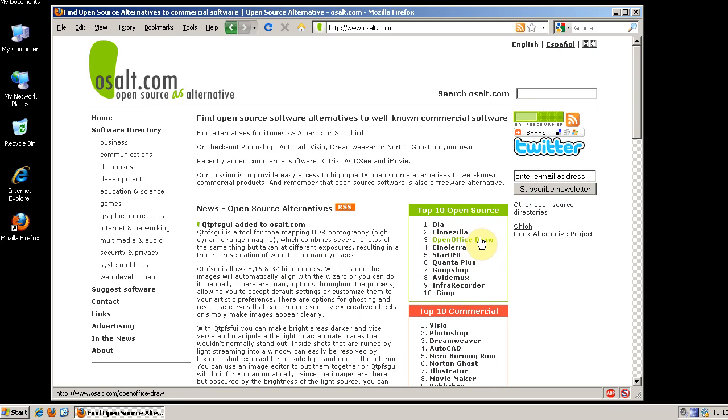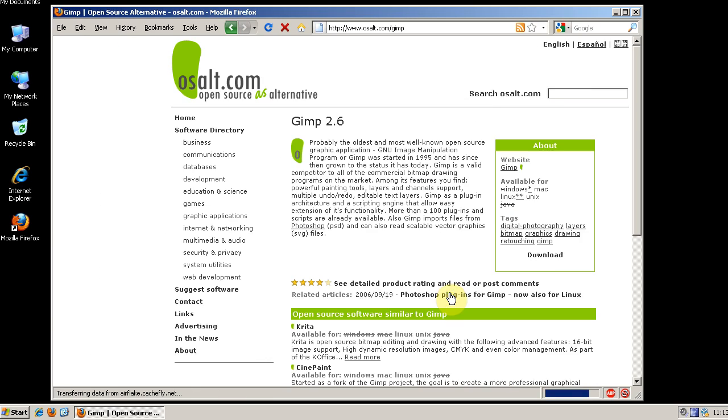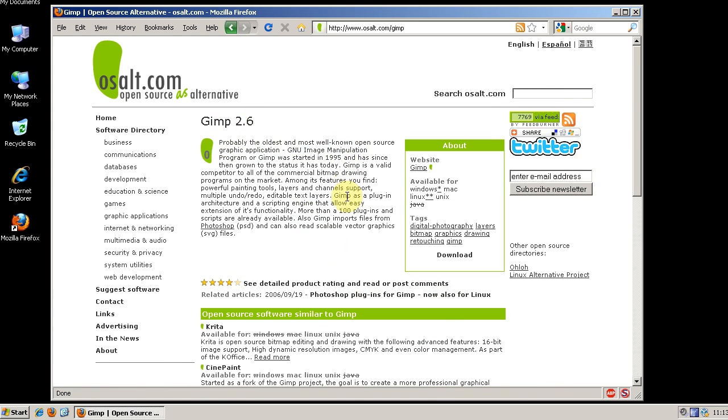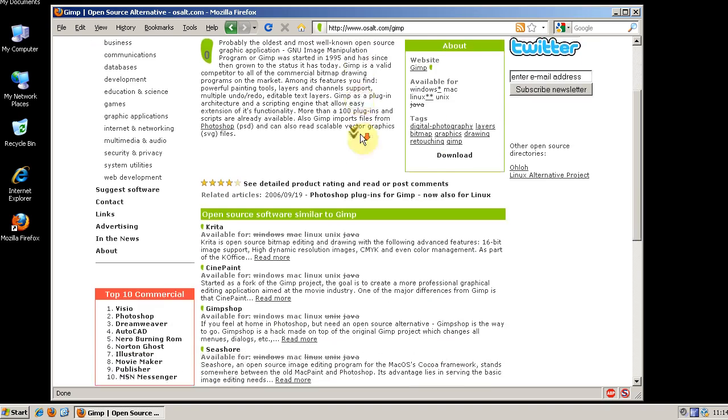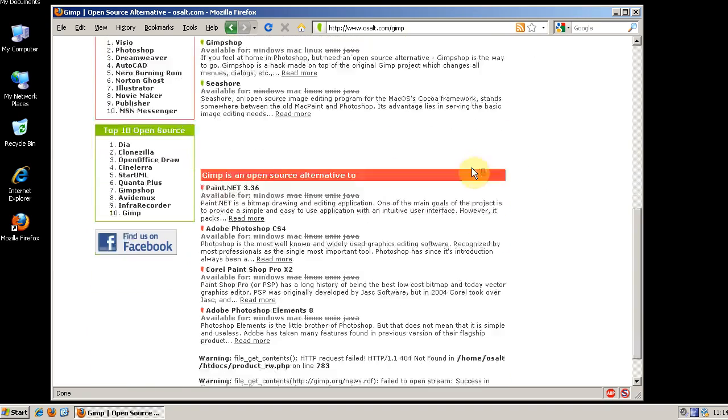So, for example, if we click GIMP here, GIMP is the GNU Image Manipulation Program. It's a free and open source alternative to Photoshop, and it has many of the features of Photoshop.